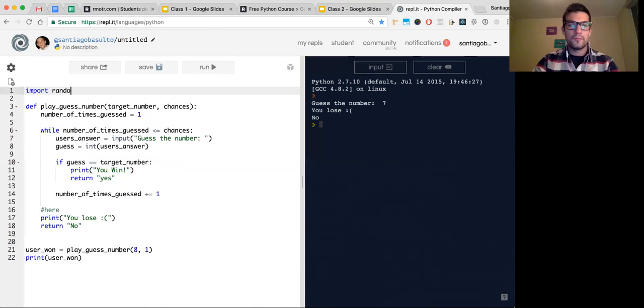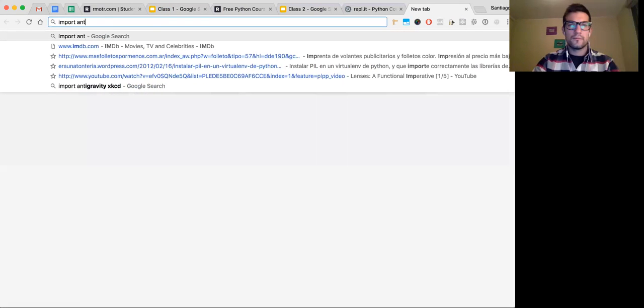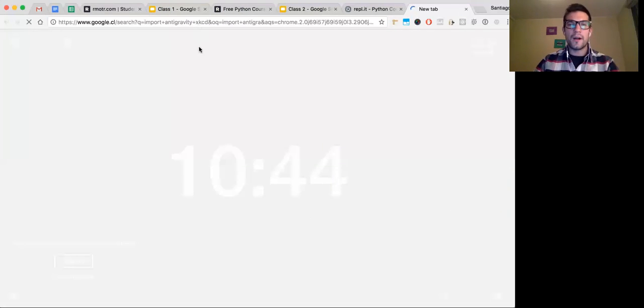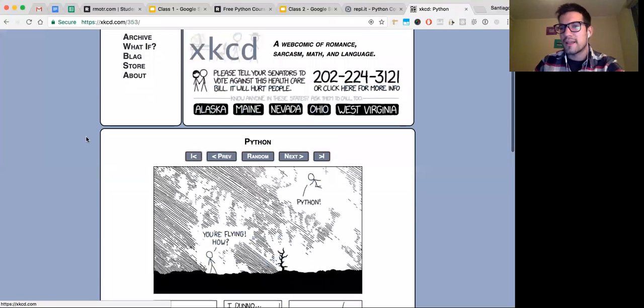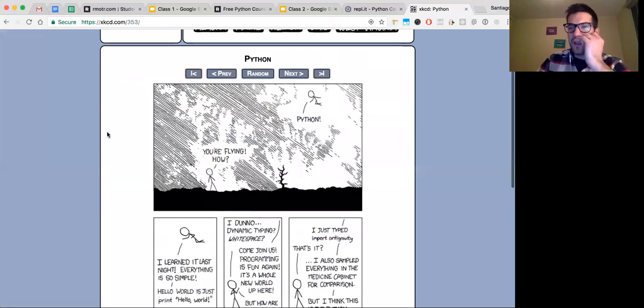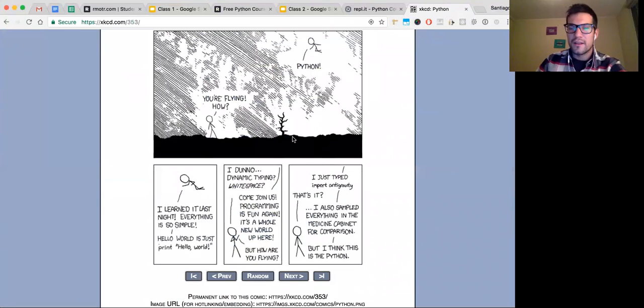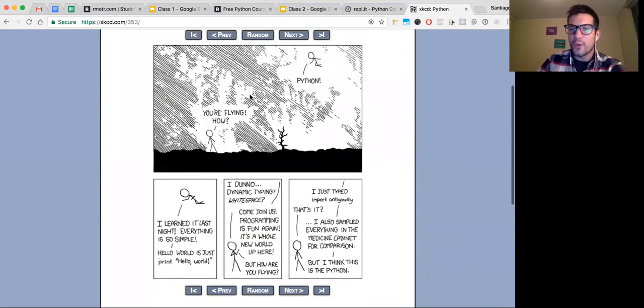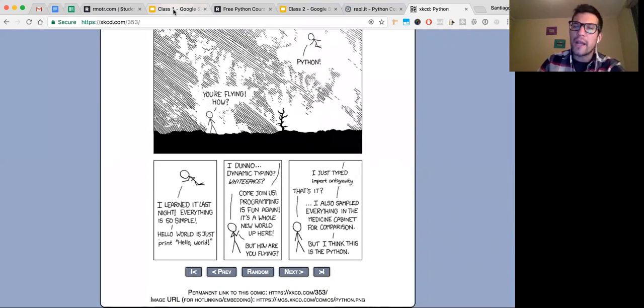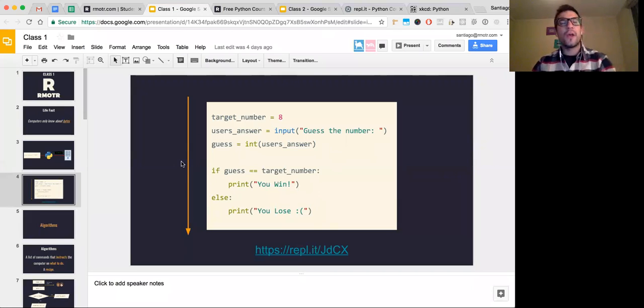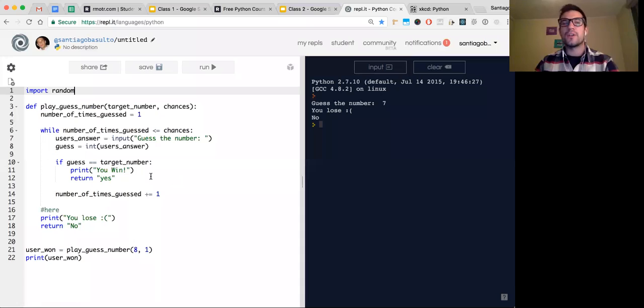Import random. You guys know about this comic? I guess you all know these guys, right? XKCD. There is this comic, import antigravity, where the guy is flying just by doing import antigravity. This means that Python has so many cool libraries out there, so generating a random number is super simple in Python. We're going to do random, and here we're going to give it,